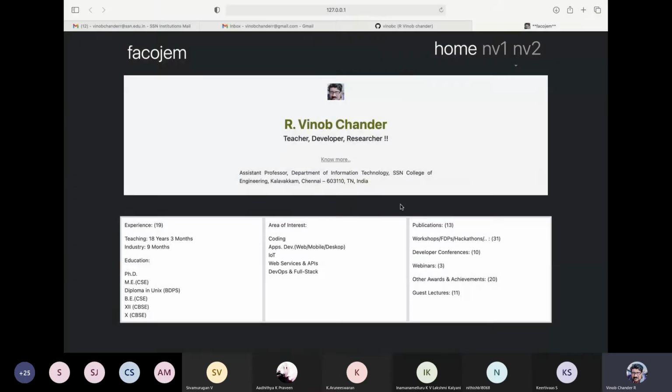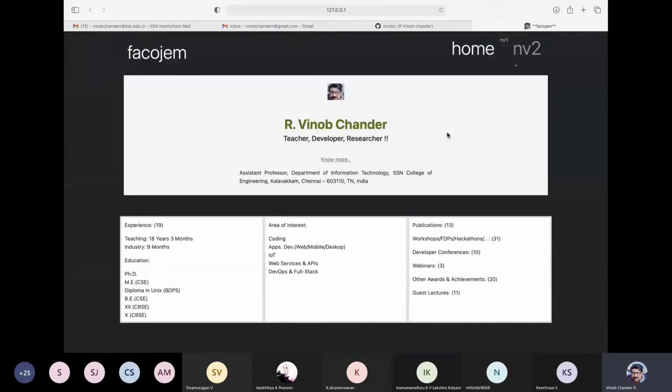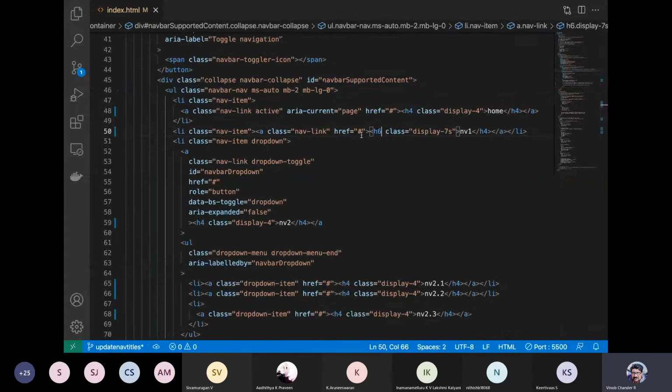Do you have an h7, guys? What's the last header size? H6, I guess. Yeah, H6. H6, display 7.